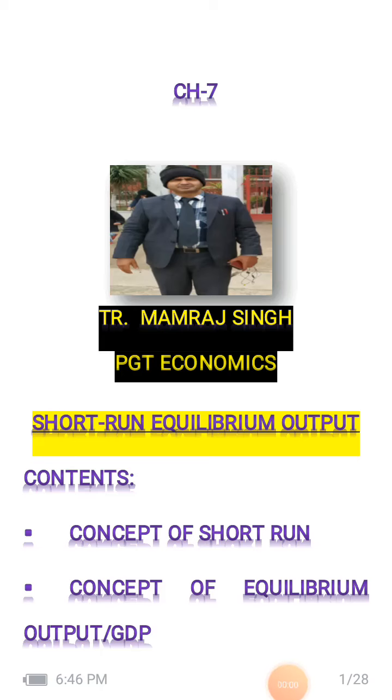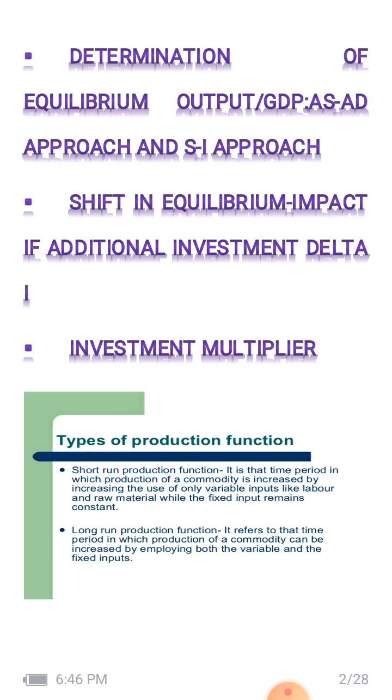Very good morning, students. Today we will study Chapter 7's short run equilibrium output, right? First of all, we understand the contents of this chapter, then we go one by one: the concept of short run, the concept of equilibrium output and GDP, and determination of equilibrium output, GDP,